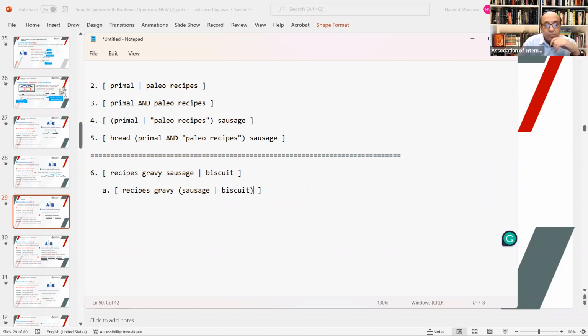If not, then both of these would have to join in, like recipes with sausage, recipes with biscuit, gravy with sausage, gravy with biscuit, and so it continues. And I could come up with so many different ways in which it would apply. So, assuming again parenthesis just for explaining it, not actually putting it in your search, I can just put some of the outcomes. So it could be sausage recipe,